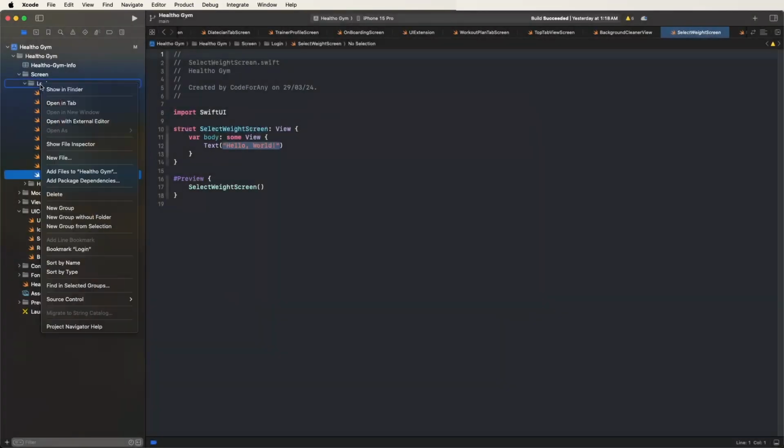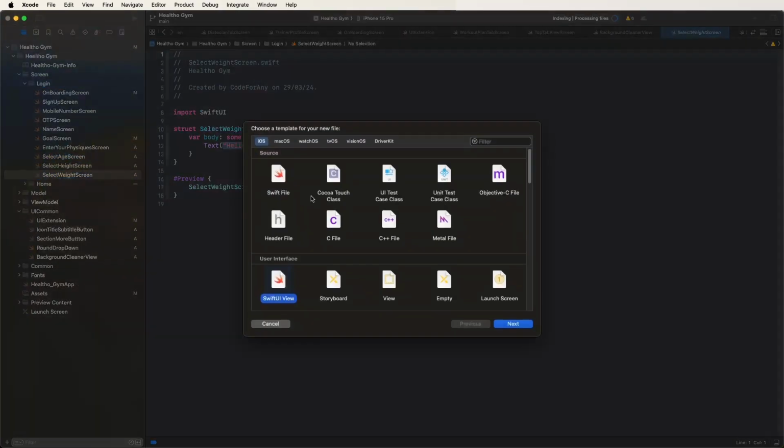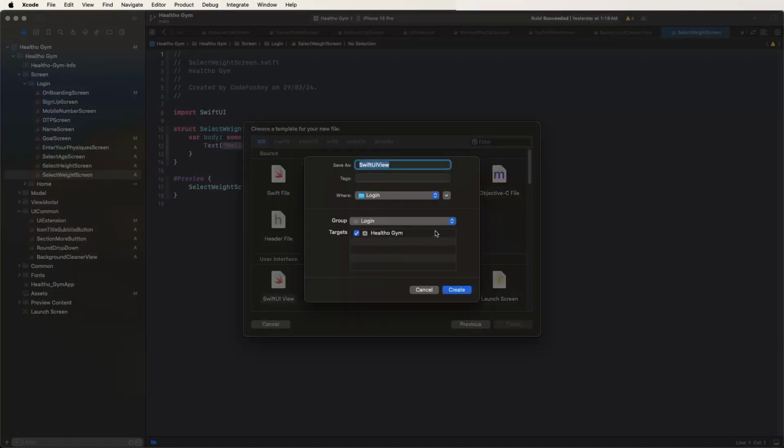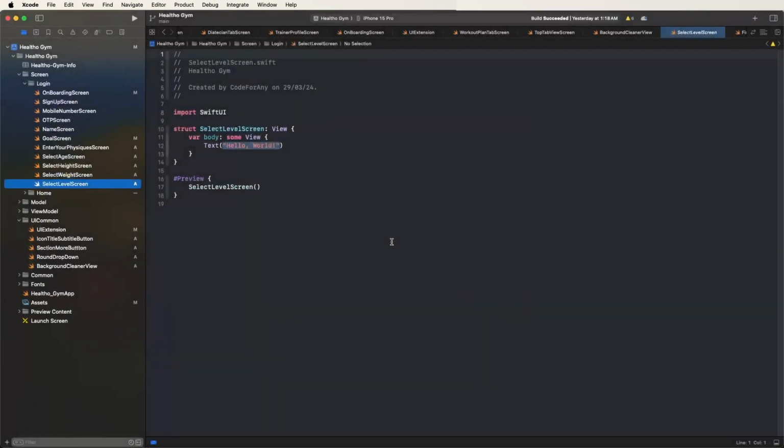And last one need to create here the select level screen, create here the new file, and to give this here select level screen like this, create files. Now first of all need to go this here the enter your physics screen, and now